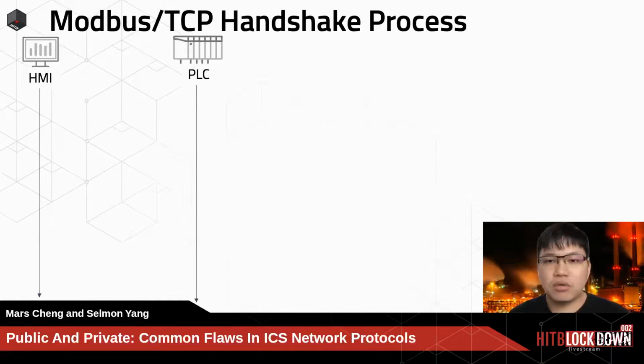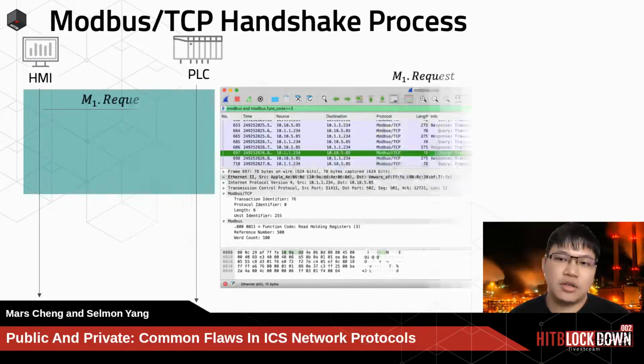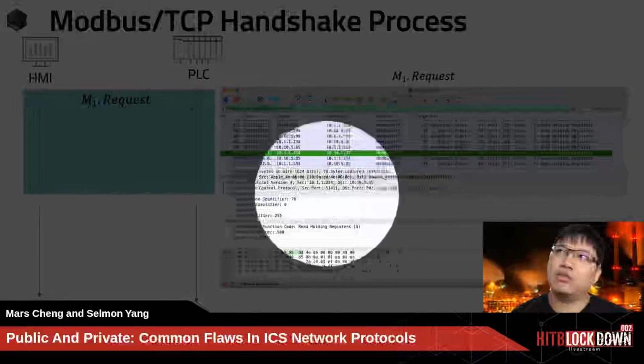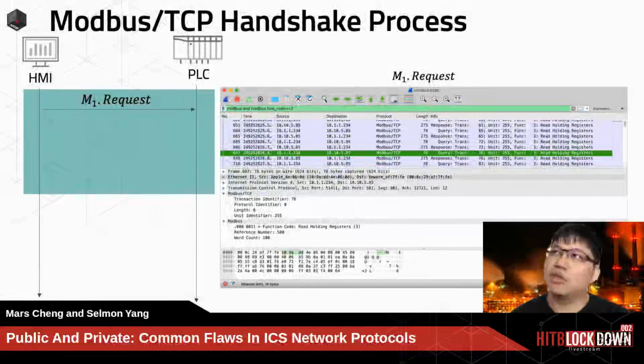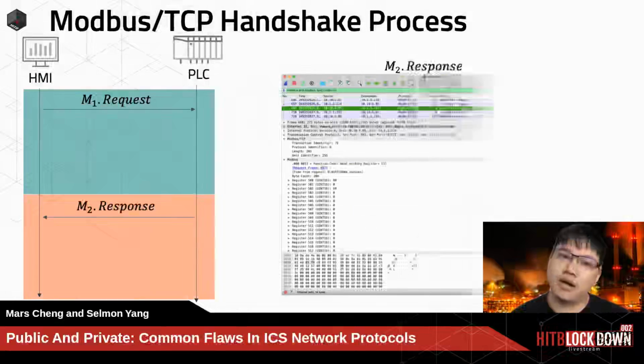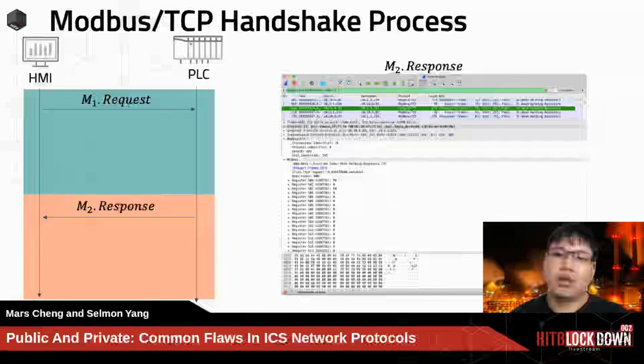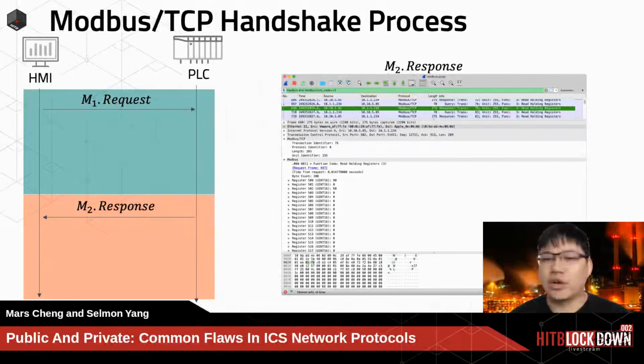As Modbus was a fairly early protocol, the engineers who designed it did not consider security during its creation. No CRC, no TCP server handshake. As you can see here, the request is plain text: you will see a read holding register, the address, and word count. And about the response, you will see all of it as data and registers. In this picture, the address and the data are not encrypted by HMI or PLC. It's just plain text. It's a very serious issue. If I'm a hacker, it's already information leakage.